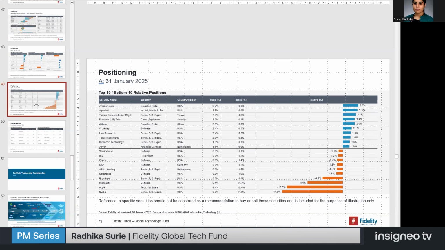And we built this position specifically last year, because we believe that it was a direct beneficiary of generative AI. It's a foundry business, which means that irrespective of who wins the orders for GPUs, etc., doesn't matter if it's NVIDIA or AMD or whoever it is, they will get the orders from most of the players. So they do stand to benefit from that. The stock was relatively attractively valued.